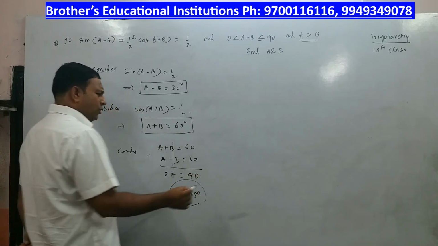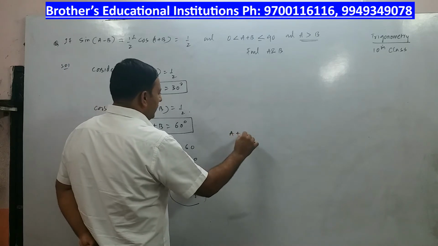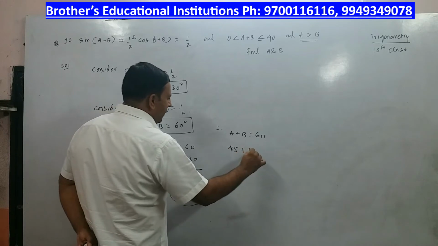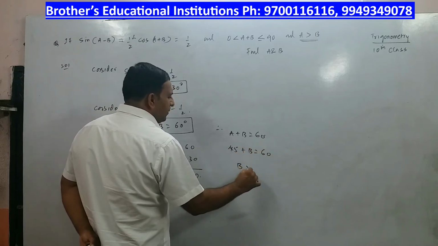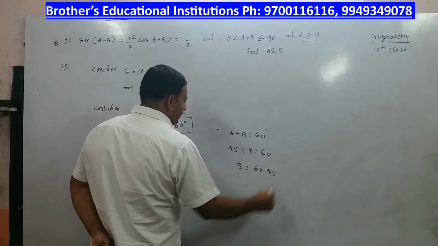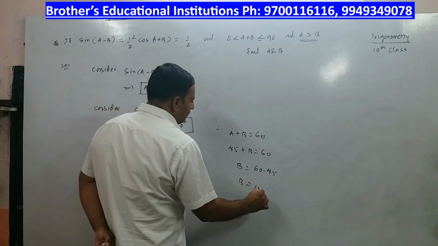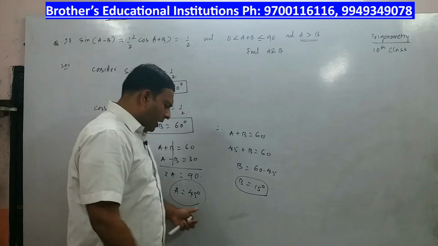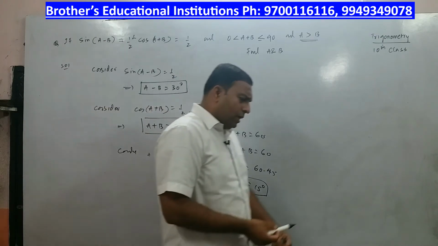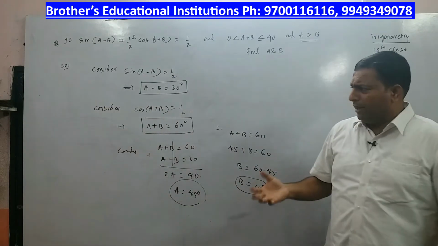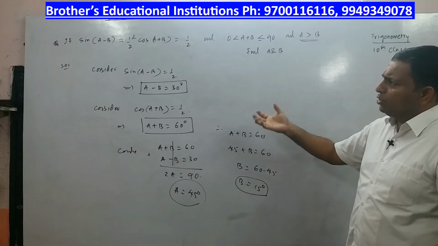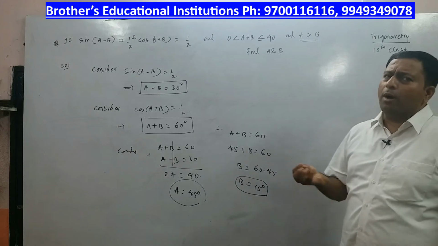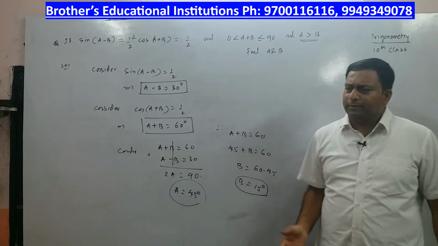Once you are through with a is equal to 45, a plus b is equal to 60. What is a? 45 plus b is equal to 60 means b is equal to 60 minus 45. So what is b equal to? 15 degrees. Alright. So the question asked was find a and b, and you have a here, you have b here. Now you can meanwhile pause the video, give a time to yourself, understand, then copy, and then we'll go for the concept of complementary angles. Alright. You can copy.